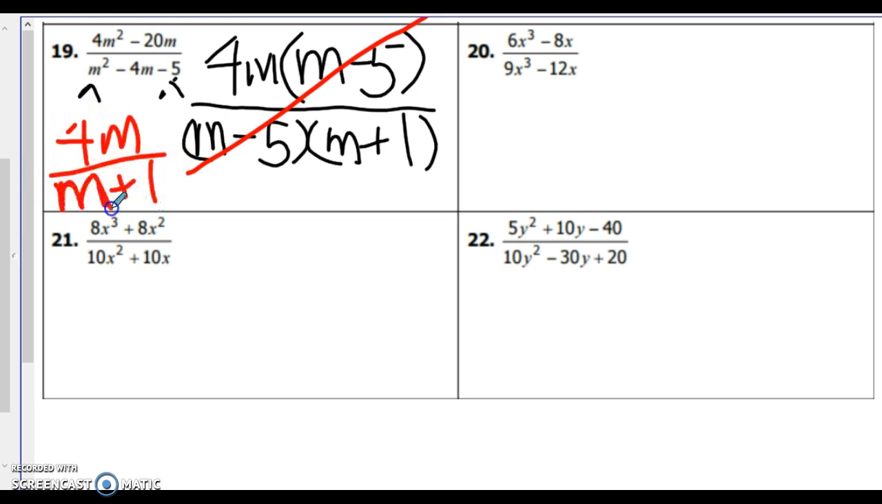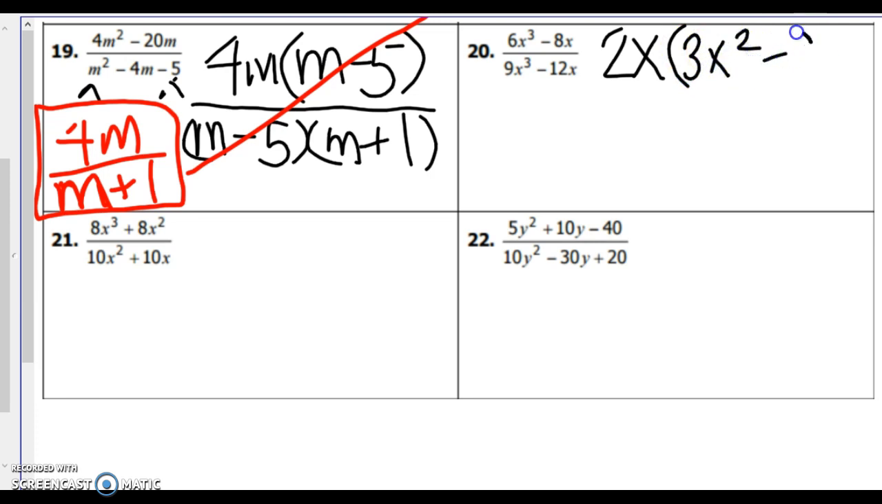Oh, my little thing didn't work very well. There it is. Let's see. Number 20. 6x to the third minus 8x. There's no constant at the end, so I'm going to say, what can I pull out of both? 6 and 8. What comes out of 6 and 8? 2. Now, does anything come out of x to the third and x? Yes, x. So now I'm left with 3x